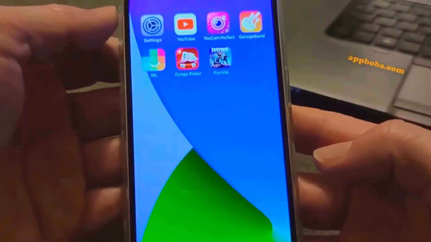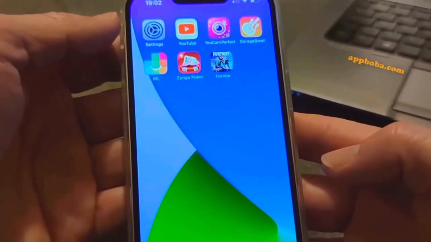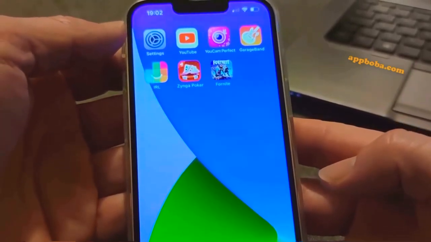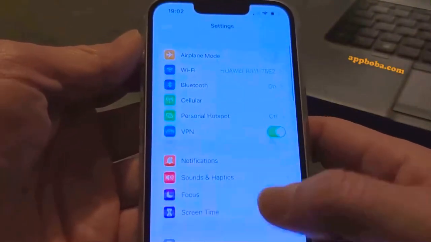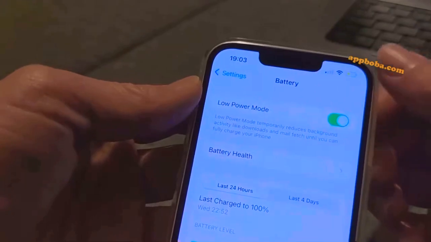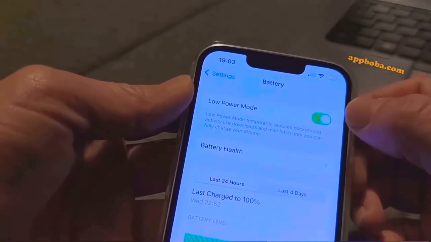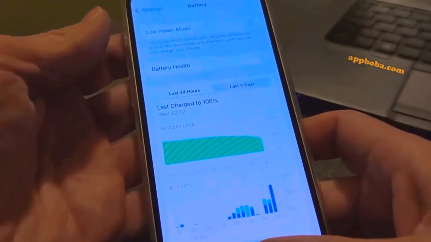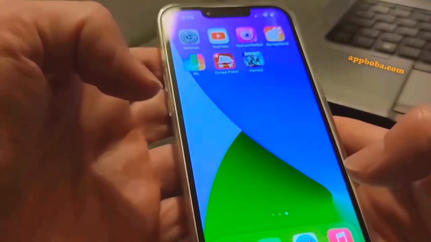Alright guys, before you start the downloading process, you need to make a check-in at settings. So practically you need to go to settings and then battery and make sure that you are not in the low power mode, so this yellow sign on the top should be switched off in order to get a smoother downloading process. So after you complete this checking, you need to get back to the home menu, and then the second step you need to do,